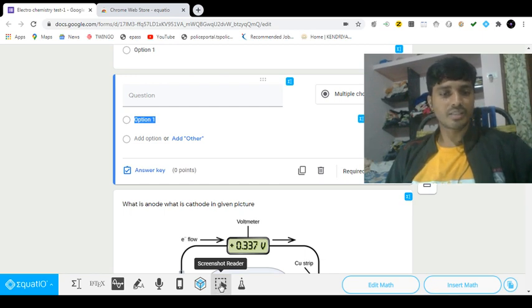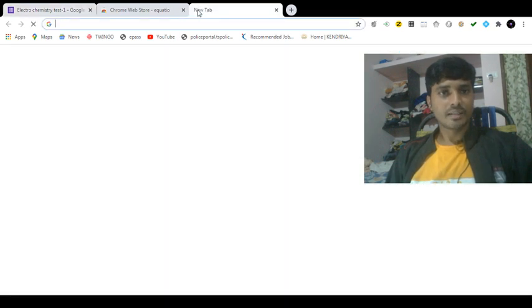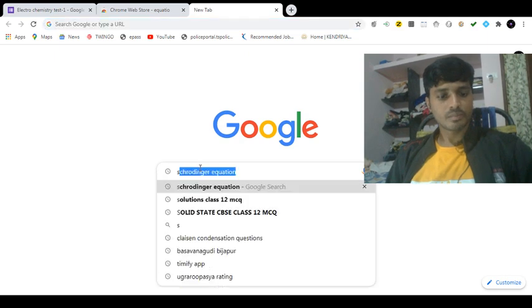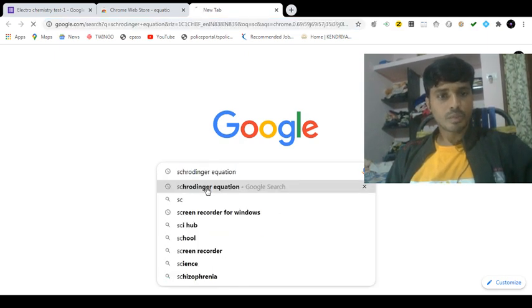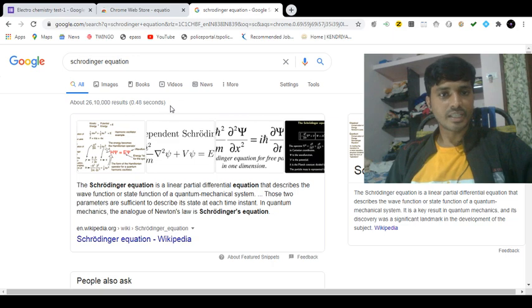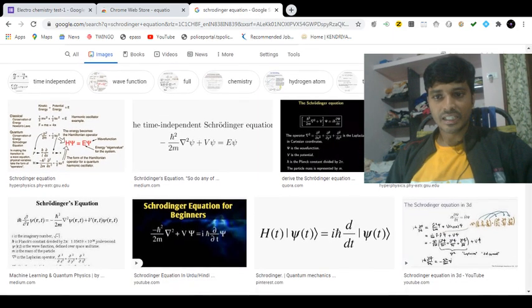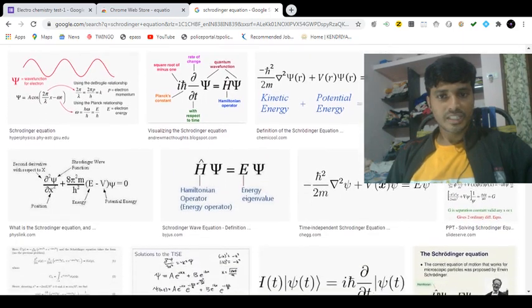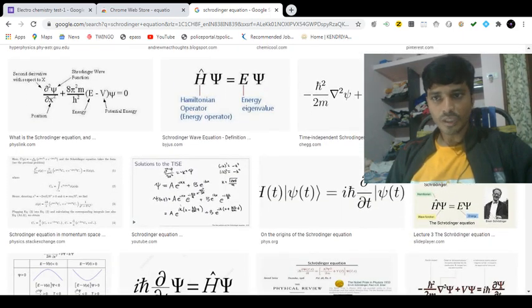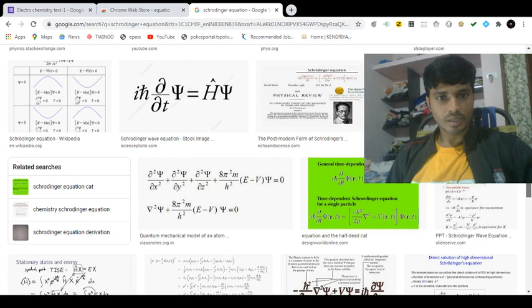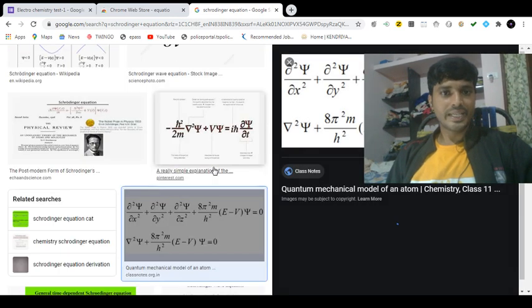So I will select this option, screenshot reader, and type here Schrodinger equation. Then we will take one which is related to the structure of the atom, where the formula can be. Yes, this we can take.